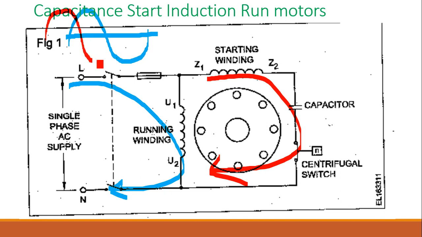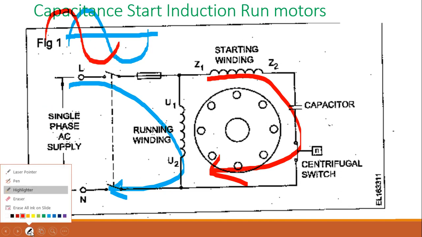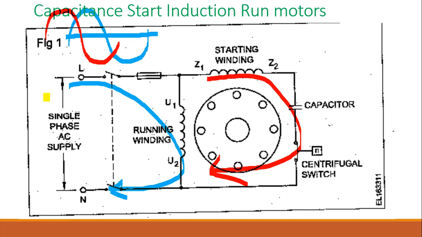It will be like this, not at the same time. You will be able to see there is a phase difference. Effectively, there is a phase difference. Maybe when you're comparing the maximum values, there is a phase shift. This phase shift is given by the capacitor. So the single phase has been split into two by providing a capacitor like this. So that is the reason for the capacitor in the circuit.